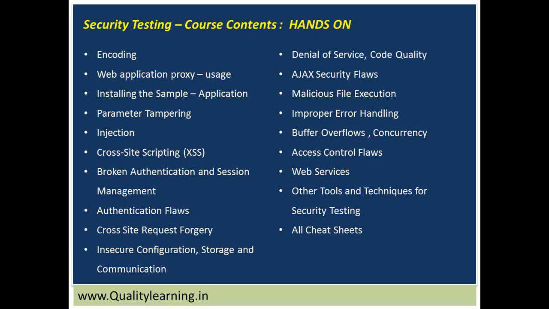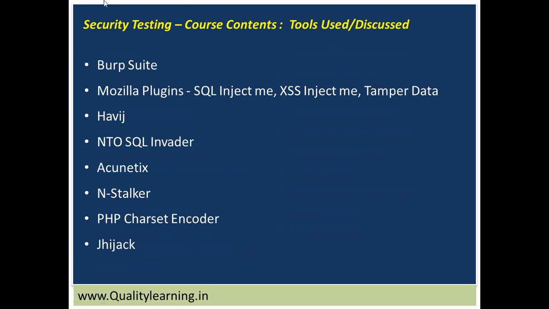Maybe for each one we might use a different tool, and not one tool supports all of them. So we need to ensure that we will be able to use multiple tools. Mostly we will use Burp Suite as the web application proxy, wherein it acts between the client and the server. And we will use Mozilla plugins. There are a lot of plugins available within Mozilla for us to make use of. There is a predefined set of test data, so you can just try to inject the data and then get the results out of it.